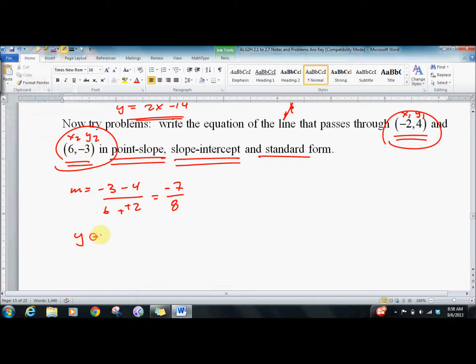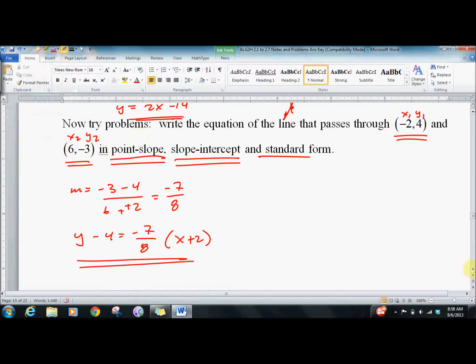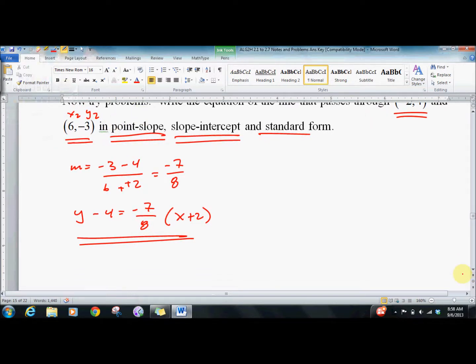Y minus 4 equals negative 7/8 x plus 2. Notice I took the minus 2 and made it plus 2 right away. We should be able to shortcut things eventually. Turn that into slope intercept. Y minus 4 equals negative 7/8 x plus negative 7/4. Add 4, add 4. Y equals negative 7/8 x